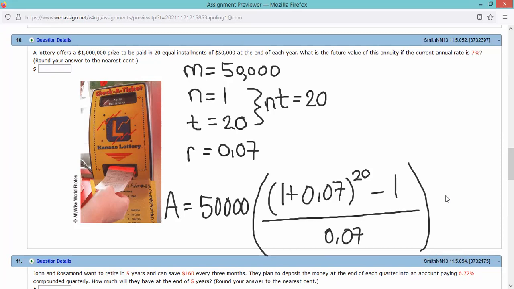So 50,000 times parentheses 1.07 raised to the 20, take away 1, and parentheses for the numerator, divided by,